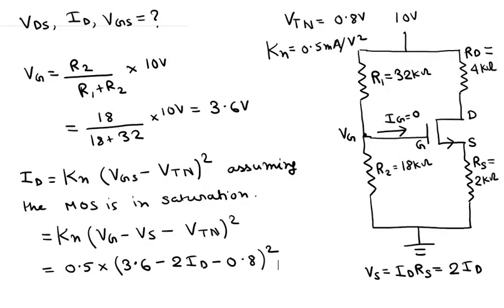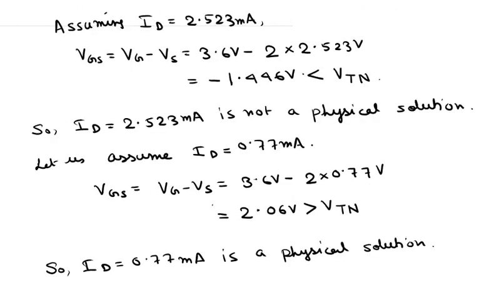So in this problem we were asked to find out the value of VDS, ID and VGS. We have already found the values of ID and VGS, assuming that the MOS was operating in saturation. Now let us find out the value of VDS and see if the MOSFET was originally operating in the saturation regime. So VDS is basically equal to 10 volts minus ID into RS plus RD.